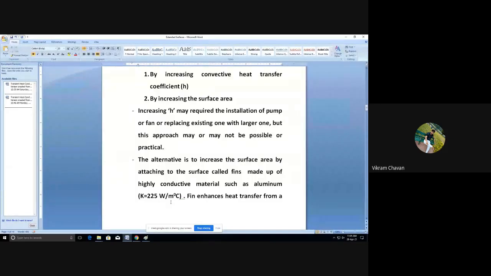The alternative is to increase the surface area by attaching extra surface or extended surface to the base surface, called fins,